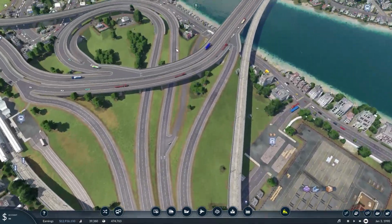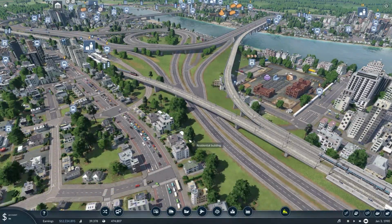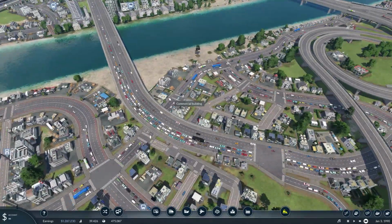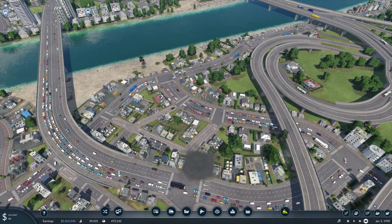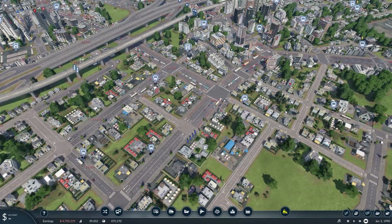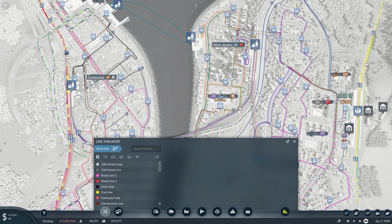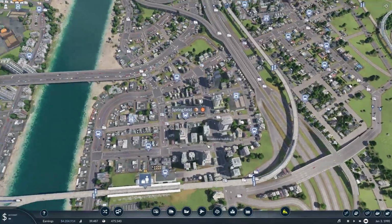Because that's before all this fun noodly stuff going through there. And these overpass and underpass kind of connections. The bridge is a cluster. It's about as much of a cluster as normal. They're reworking some buildings. Our bus routes and stuff, I mean, we have a lot of ways for people to get around the town. Last episode we added a bunch of bus routes, but they don't seem...